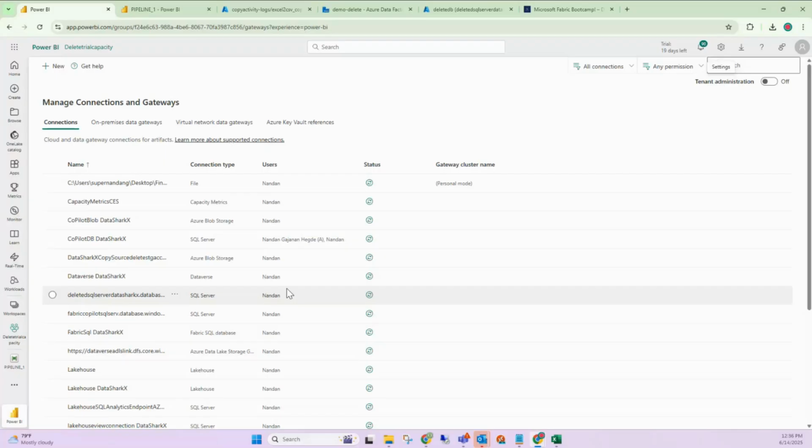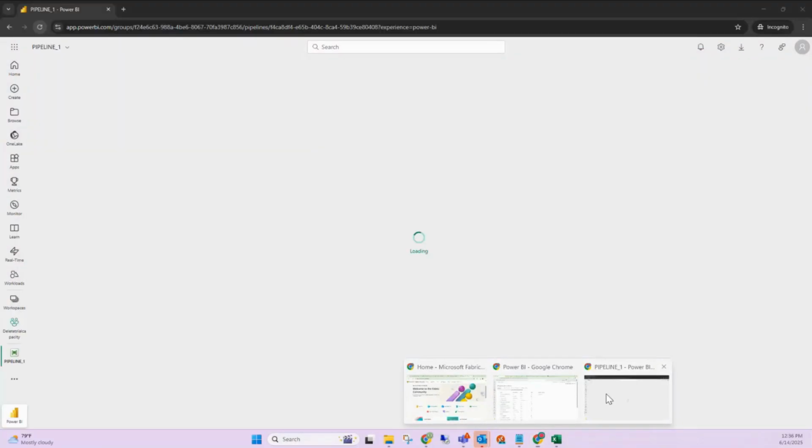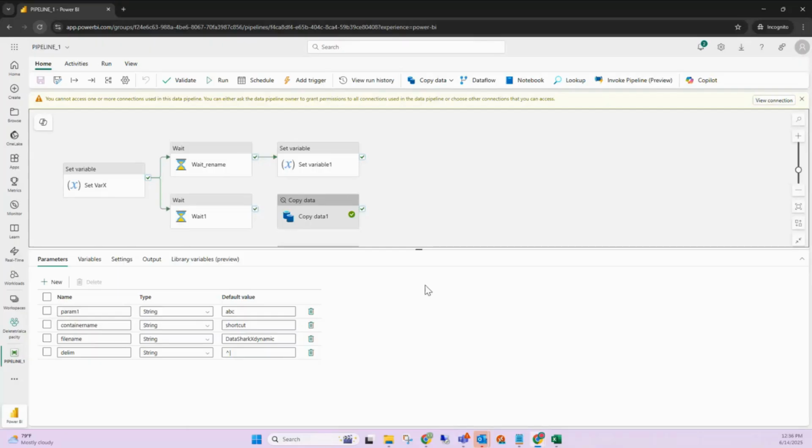Since it was the Data Sharks user who had created this connection, it's only he who is the user of that connection as of now. It's because of that when the takeover user or the second user, even if he has admin access or owner access within the workspace, still he won't be able to edit the pipeline, because